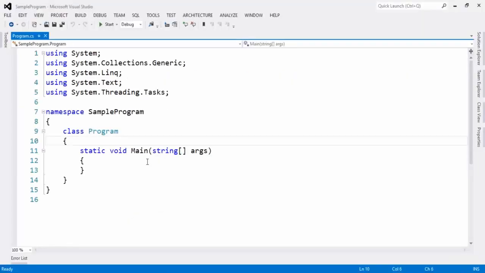So let me take this as an example with Visual Studio. This is a console application, and with this we can write the program using C#.NET. You can see .cs, which stands for C#. If you had selected Visual Basic, here you would see .vb.